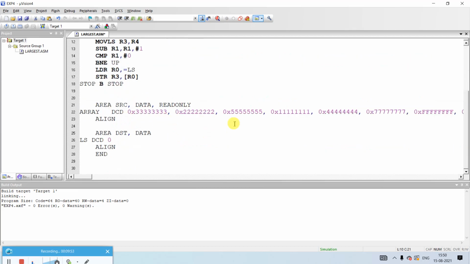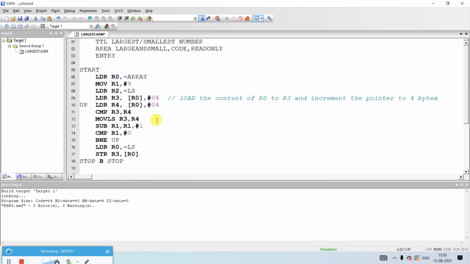Correct, and this is also post index register. So definitely now the pointer is pointing to this location because of 4 bytes up. Now you compare that R3 with R4. Why do I need to compare? To check whether the number is greater than 0 or less than 0. Now R3 is storing 3, R4 is storing 2. 3 minus 2 is 1. So of course we are checking for this condition here.